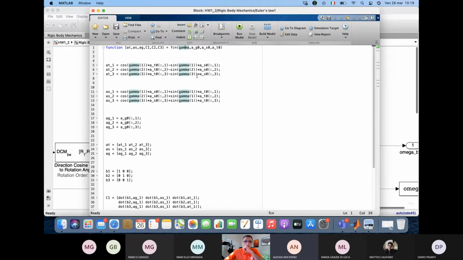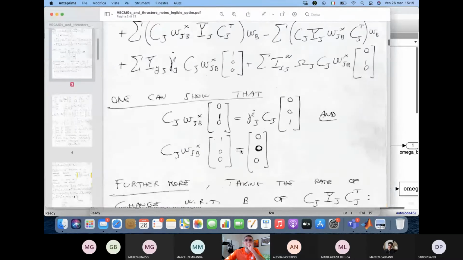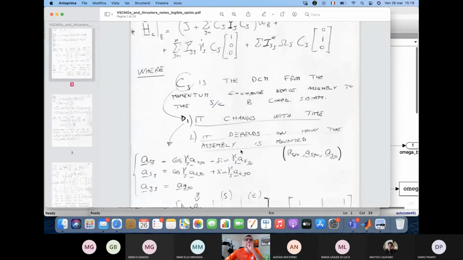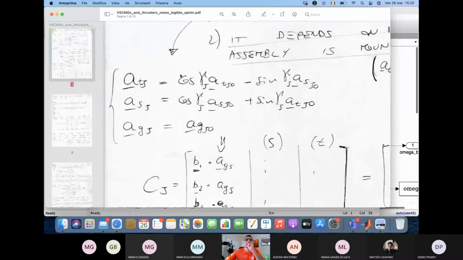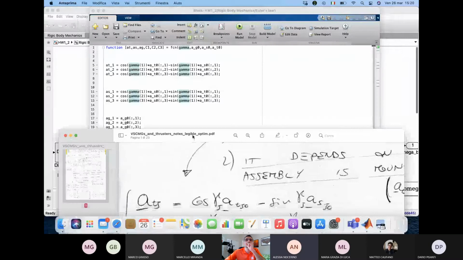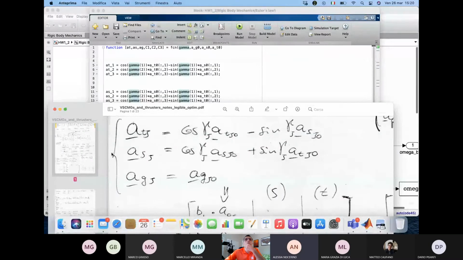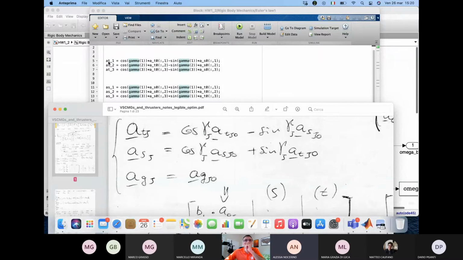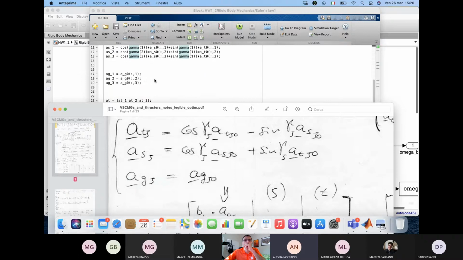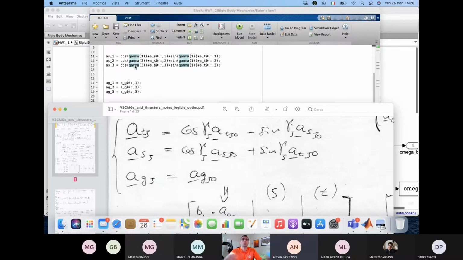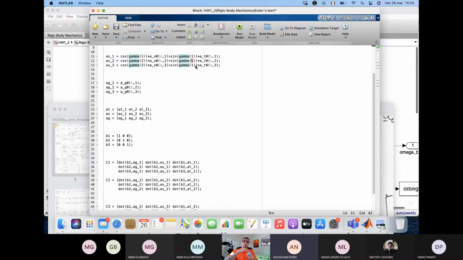And so from the equation that I think I have right here, we have basically written this expression for each of the three momentum exchange devices. So we have the tangential axis, the spin axis, and the gimbal axis as a function of the time, so simply a function of the angle gamma. Maybe I think that this is an error because